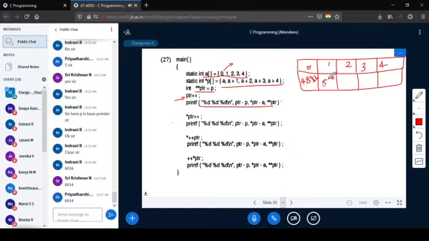I am just keeping it here on the same slide so that it will be useful. 87, this is 89, and here this is 91. Okay, and this is 6014.